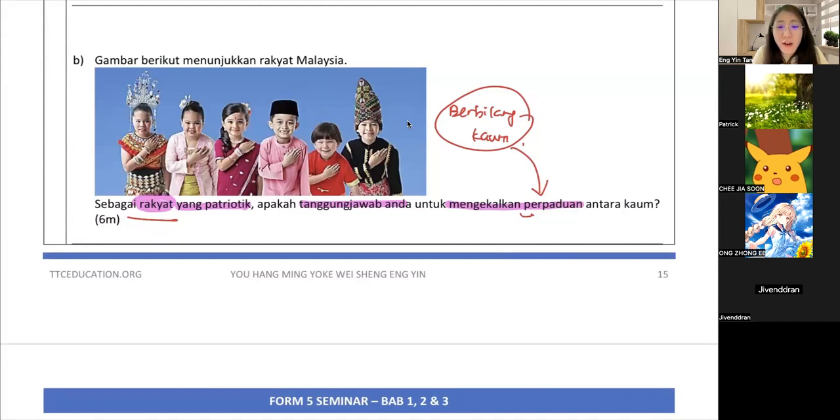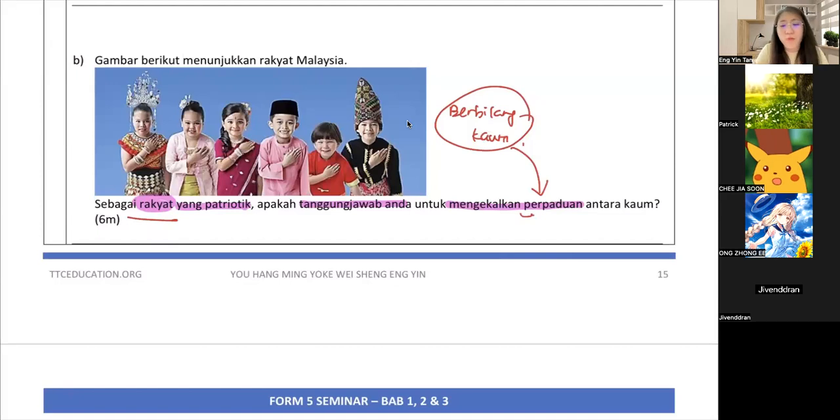He said that try to avoid sensitive issues. Good answer. Memang it's true. You want to promote unity with a different race mah. Muafakat means kerjasama lah. Semangat, memupuk semangat muafakat lah. Menghormati agama dan kaum lain. Very good. You emphasize a very good point. Menyambutkan hari kebangsaan yang bersama-sama,